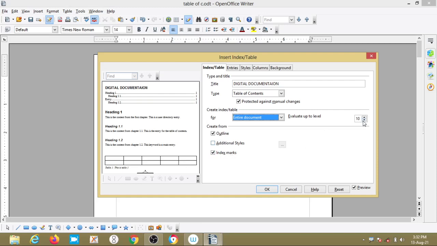Here I am giving level 10, it means we can give 10 headings. So the outline of that heading is visible.